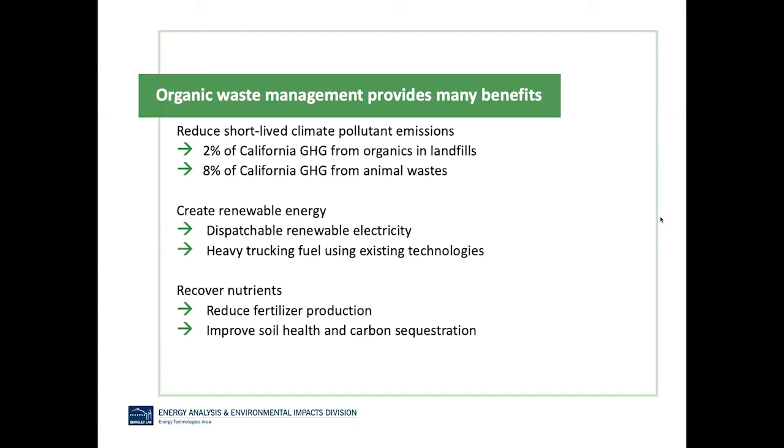If this waste is diverted from the landfill and instead sent to, for example, an anaerobic digestion facility where that decomposition process is controlled and that methane can be harnessed, then we can generate renewable energy that is both dispatchable and can be used, for example, as a transportation fuel with existing technologies. Another potential benefit of keeping these wastes out of the landfills involves nutrient recovery, which some of our ongoing work is focusing on, looking at how we can take out really pure, high quality fertilizer streams to reuse those